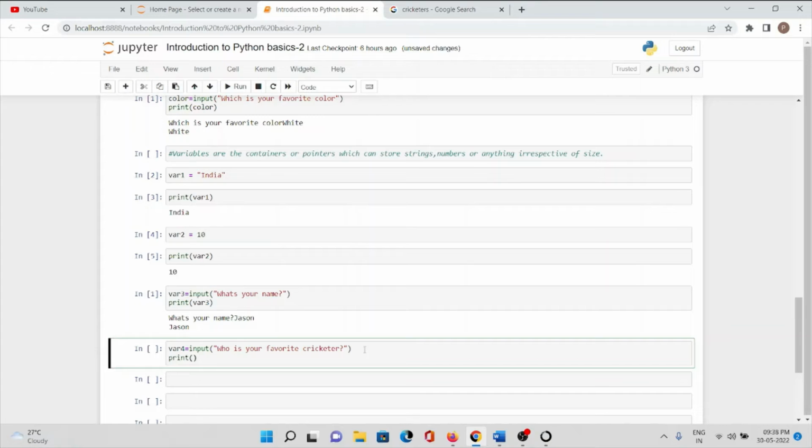Favorite cricketer, my favorite cricketer is var4. Okay, so now let's try to run this particular cell, and now let's see how exactly it runs